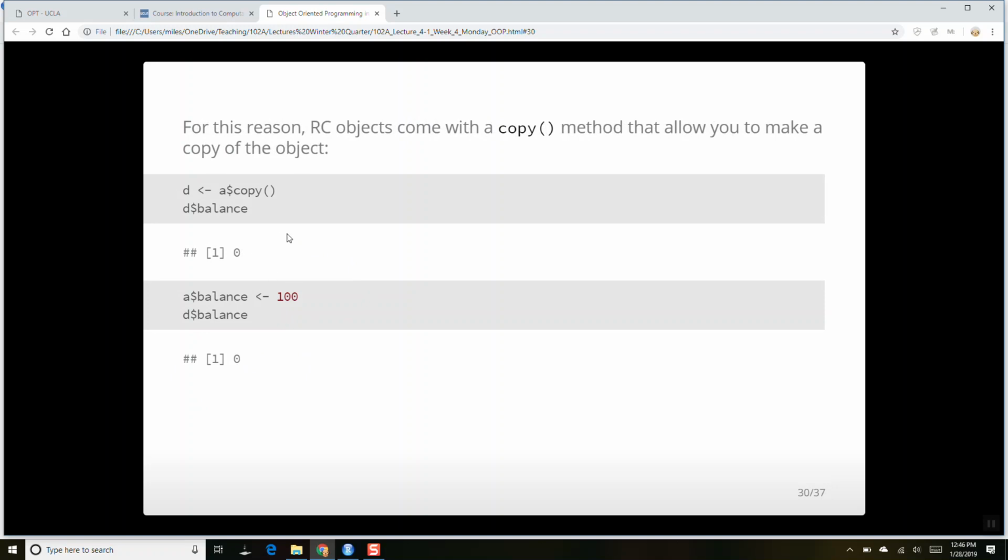Yes? Can you write $copy parentheses $balance sign 100, and then will that make the D $balance 100? Oh, you're asking me all these tough questions. I don't know. You might have to do it in 2 steps.